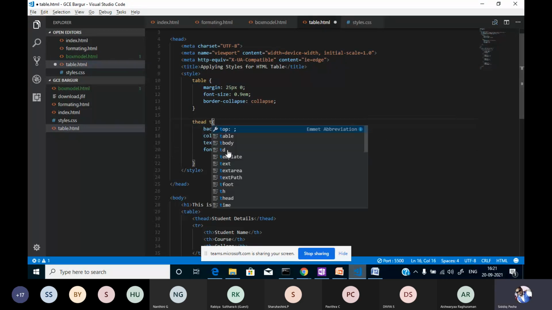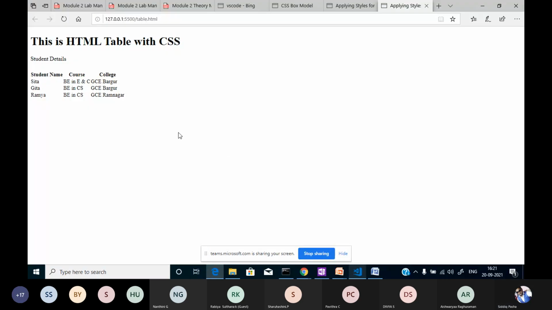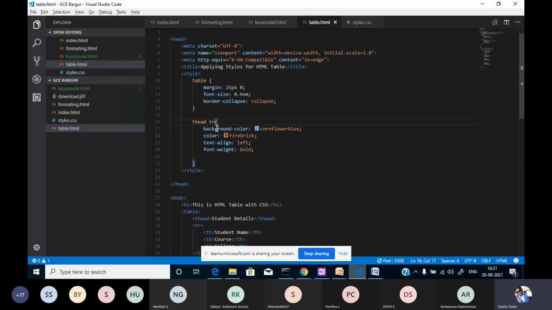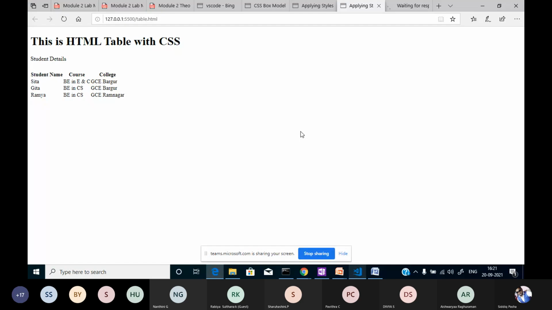If I use it together with the table row, this is not applied here. What happened here?